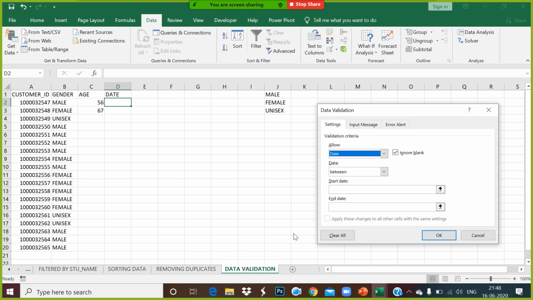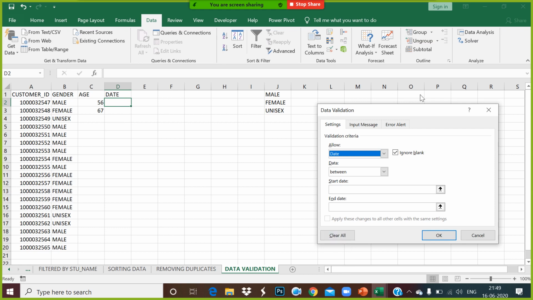There is an option, apply the changes to all other cells with the same setting. So what if we apply that? I didn't get that. Can you repeat that one more time? Sir, on that data validation window, you can see below there is an option: apply these changes to all other cells with the same settings.